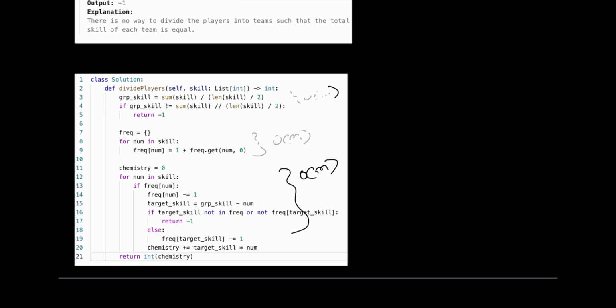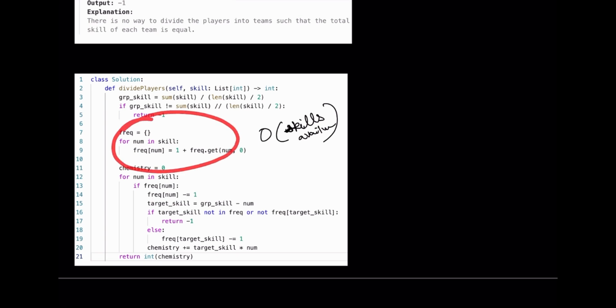The space complexity, however, can be said to be big O of the number of skills available. I don't mean the length of the skills array, but I mean the possible values of skills that are possible. The reason being, each element in the skill array represents a skill, and that's what takes up space in the frequency map. So in the worst case, the number of elements in the frequency map would be the different